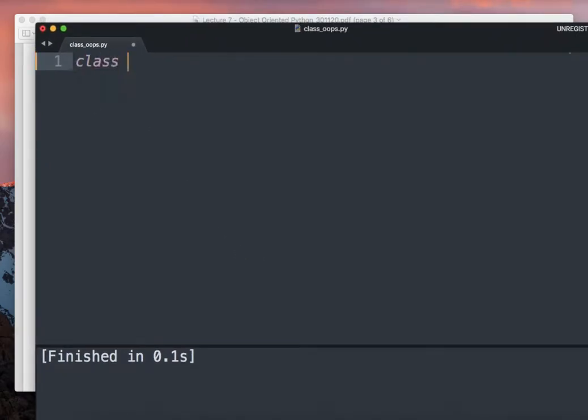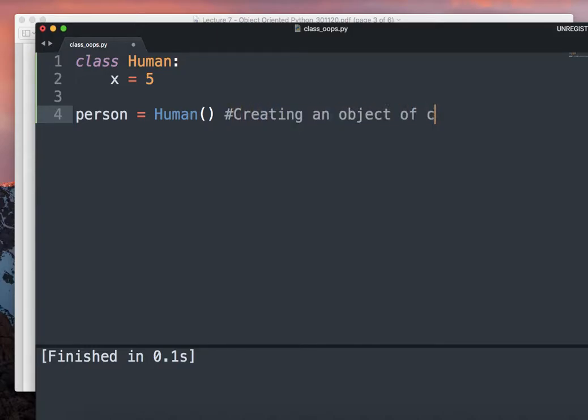I can define class human, a very simple syntax, and I can say x equal to 5. Then what this syntax is doing is that I am creating an object of class human, right?